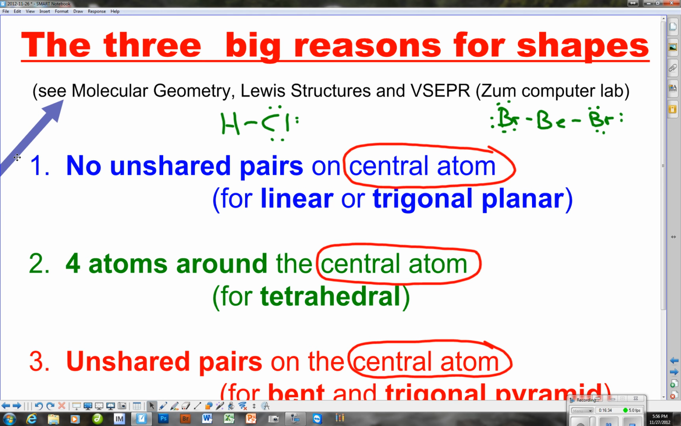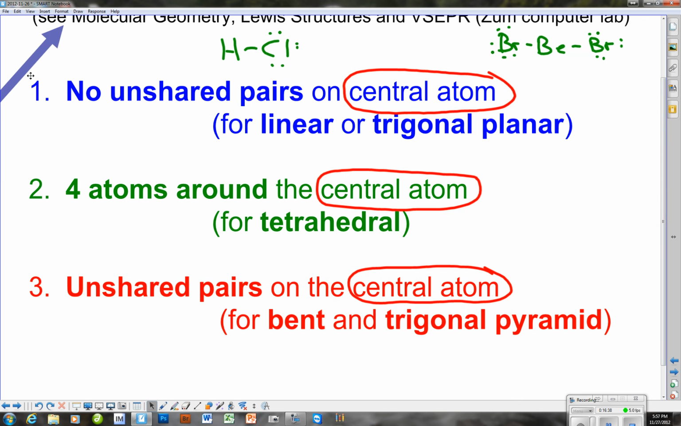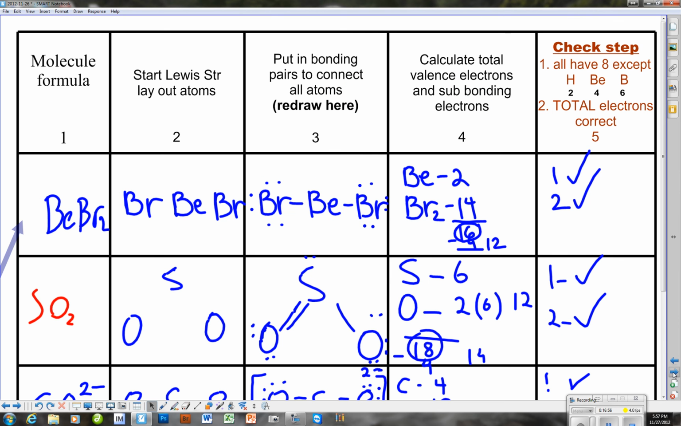So you don't forget. Now, the next thing is 4 atoms around the central atom make a tetrahedral, and then the third one is unshared pairs on the central atom apply to both bent and trigonal pyramid. And so we're going to go through how we did the shapes and the molecules for our do now,